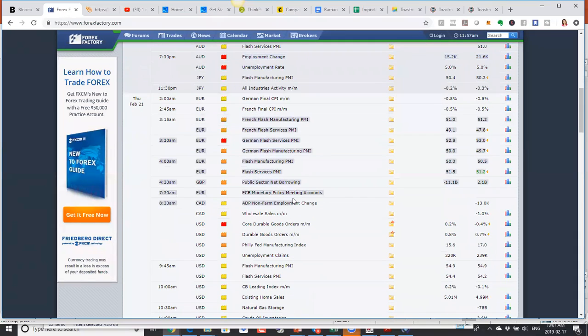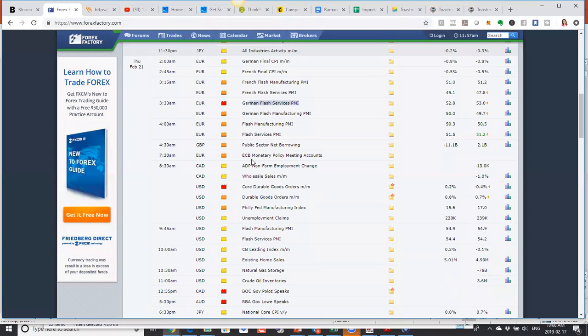And then we have a whole bunch of PMI numbers from the Eurozone, from the UK as well. PMI numbers are important because they're a precursor to retail sales. So if PMI numbers are weak, then retail sales tend to be weak. That's why these numbers are important, because they're leading indicators. So if we get negative data here, that will have a negative impact on the euro, as well as, actually not UK, sorry, Germany here. Okay, so just out of the Eurozone, this will have a negative impact on the euro if these numbers are negative.